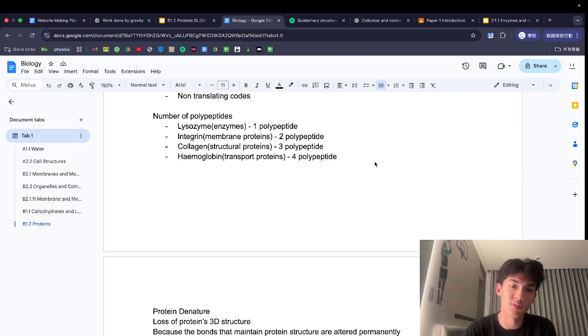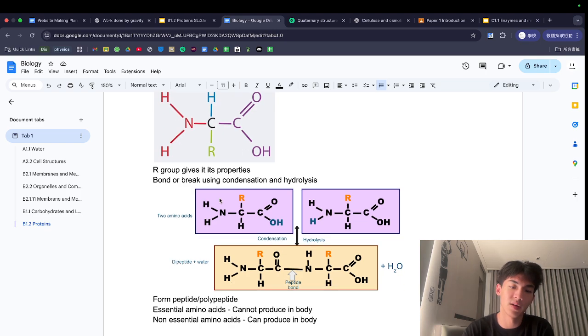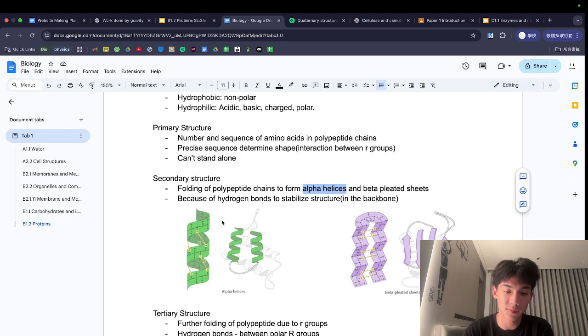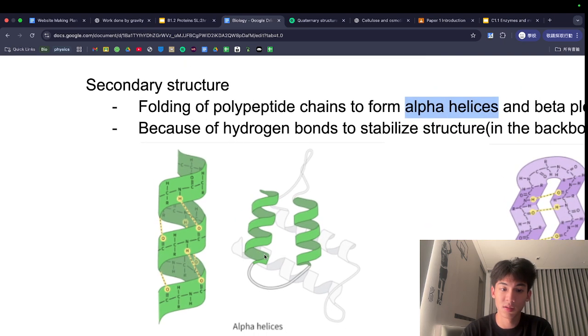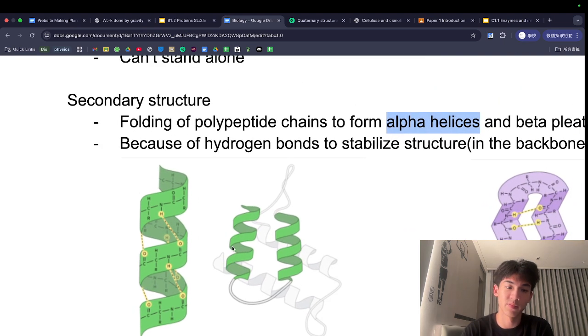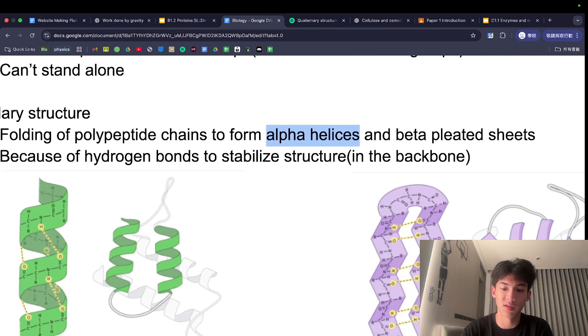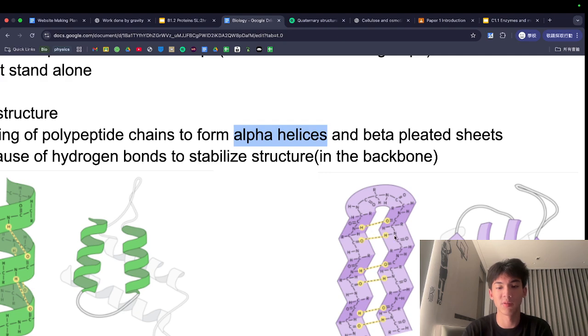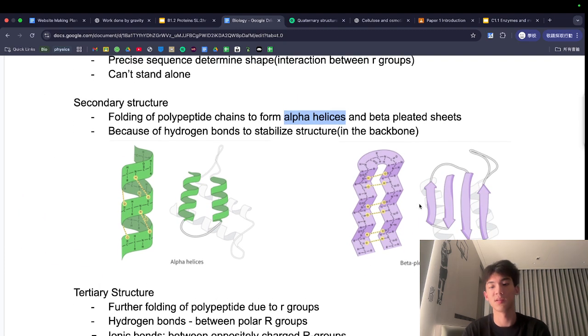The backbone is these three, and not the R groups. We can see that alpha helixes are made because H is bonded with O in this shape, and in beta pleated sheets they bond with the one nearby them. We need to recognize these two